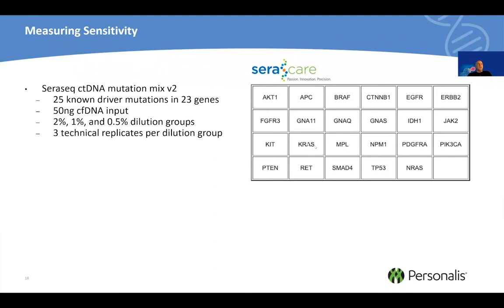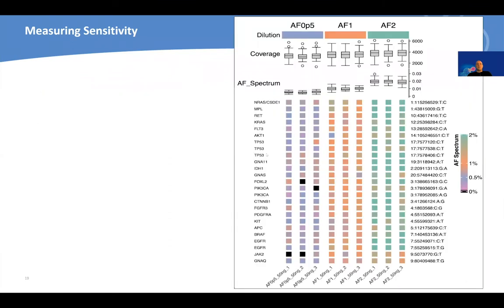In the experiment, we used 50 nanograms of cfDNA as inputs. We created 3 different dilution groups, one at 2% allele frequency, another one at 1%, and the final one at 0.5%. The reason we did this is we wanted to establish performance across different allele frequencies. For each dilution group, we created 3 technical replicates. And turning now to the results of this experiment,